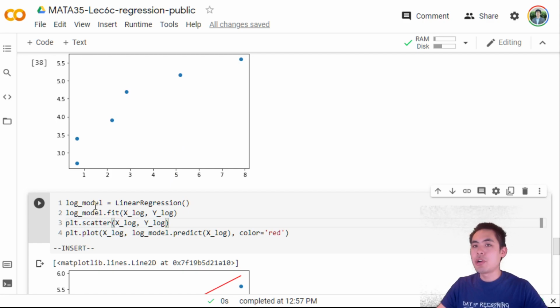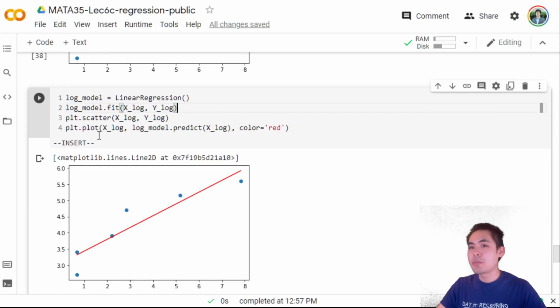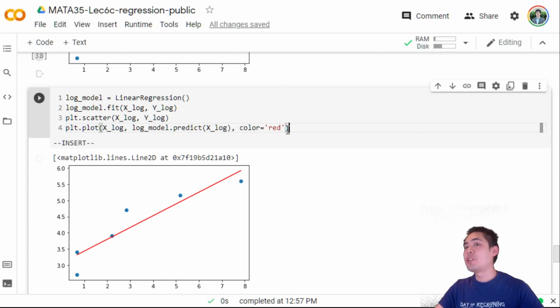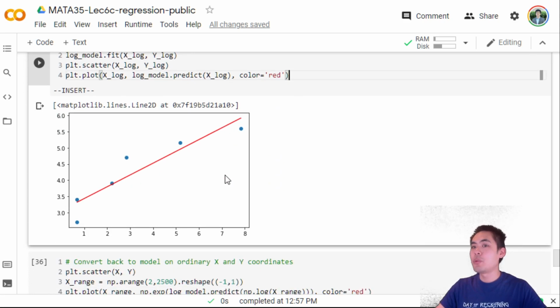I'm going to call this log model. We're going to fit x log and y log, and we're going to plot the scatter plot as well as these predicted points. And when we do this, yeah, this line looks like a pretty good explanation. But of course, now we're working in a log-log plot. If you wanted to convert it back, which you don't have to do because you could predict things from here, but if you want to convert it back and see what it looks like, well, we have our